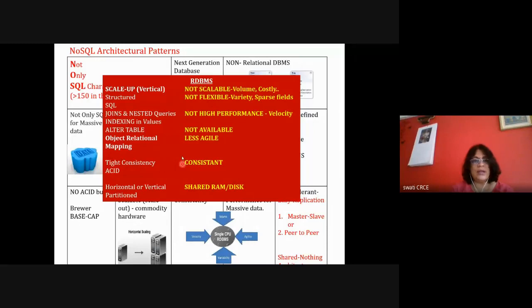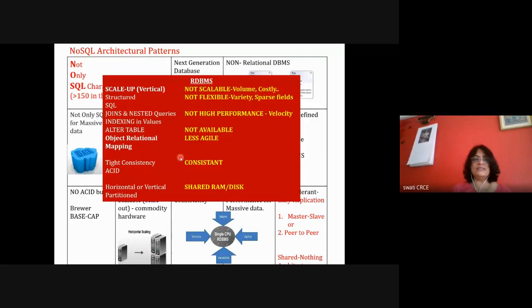NoSQL databases. Okay, with respect to consistency, the advantage is there for RDBMS. RDBMS provides you tight consistency and ACID properties. So this is the advantage of RDBMS, that your data is highly reliable and consistent. Tight consistency means even if your data is distributed. In case of RDBMS, suppose you want to distribute the data, your data can be horizontally divided. You have distributed RDBMS systems. Distributed relational database management systems are also there. Whenever distributed systems became popular, RDBMS also tried for distributed RDBMS systems.